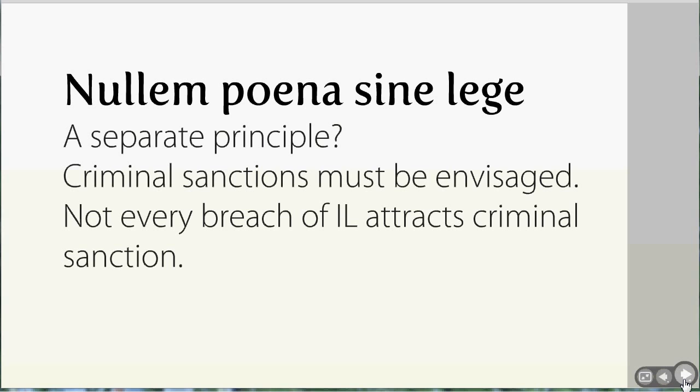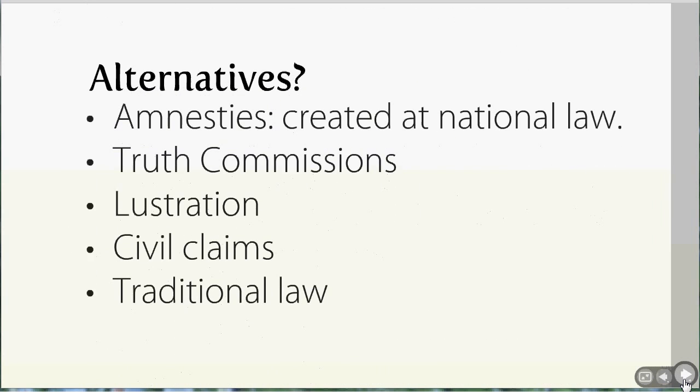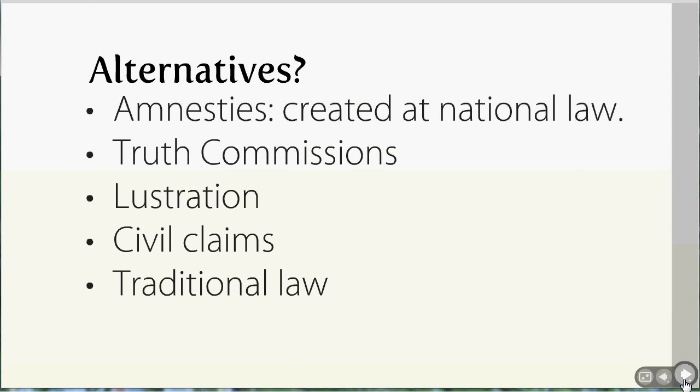And stepping back, we also need to think about alternatives. Is international criminal law always the best solution or response to a situation of mass atrocities? We can consider other possibilities, such as amnesties, often used by states as part of a peace process or under the rhetoric of allowing everyone to put a period behind them and move on. Truth commissions, lustration, which is basically sacking everyone associated with an old regime. Civil claims, in effect, individuals suing those who tortured them or committed war crimes against them. And traditional law, indigenous courts, as happens